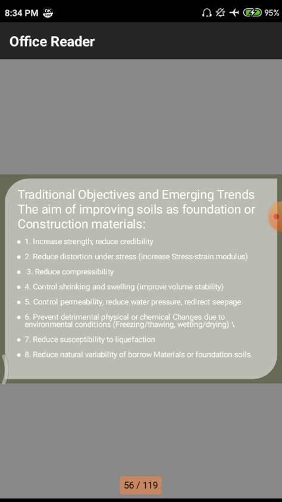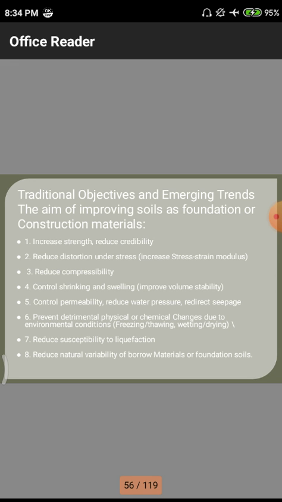We need to avoid those shrinkage and swelling. Because of the shrinkage and swelling, unevenness will come onto the particular soil strata. That means in some stages, in the x direction we are having some sort of distribution. That means soil will be in a particular direction. In the y direction we are having some sort of height, so that there may be unevenness in the foundation level itself, so that there may be cracks coming onto the structure.